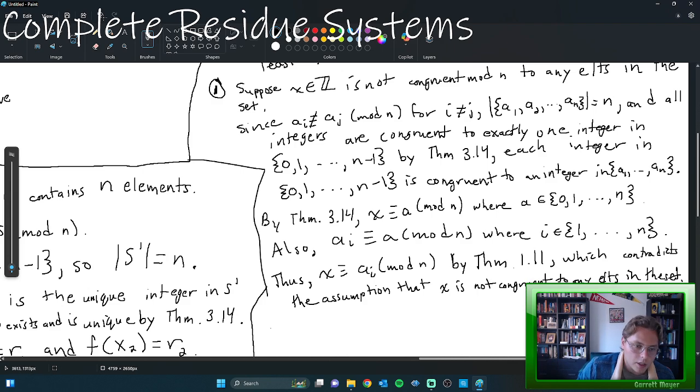Okay, so that's the first thing. So we're showing that there's not a number that is not congruent to any elements in the set. So now we need to show that there is not a number that is congruent to multiple elements in the set. So suppose,